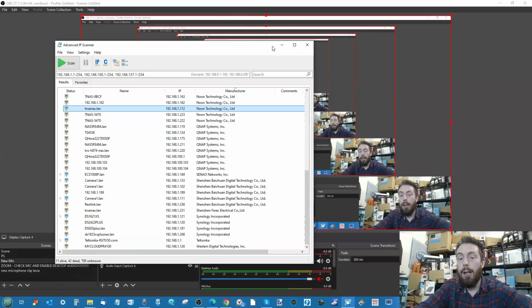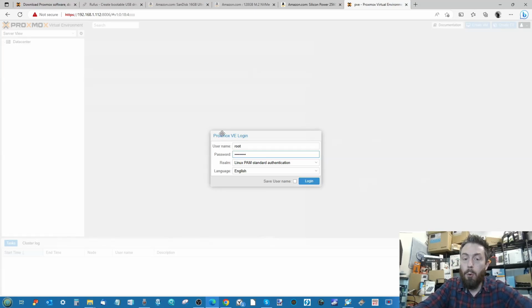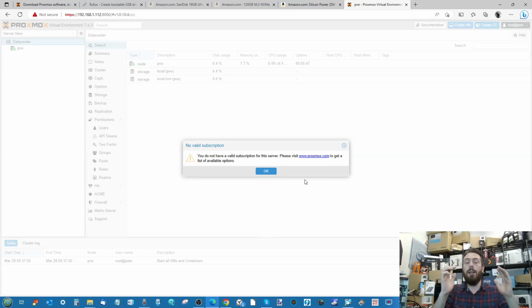So what we can do is make our way into a web browser here, and I've already opened it up. And once the device is booted, after a few minutes, you will hear a beep. You can log directly into the interface here, just double checking that camera's still recording. Yes, it is. Enter the information you created earlier for the login. Save it if you choose, or just make sure you do that secure login every time.